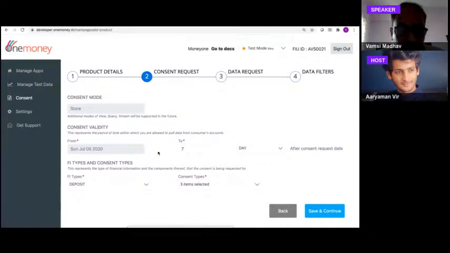Consent validity, and there are nice little sentences here, which hopefully will make it easy for anybody to understand. It represents the period of time within which you're allowed to pull data from consumers' accounts, right? So it starts from right now, because I'm kind of setting this whole thing now. And by default for this product, I want a 7-day validity period, right? So anytime after the consent request date, which means you set this up today and a week later, you actually initiate this for one particular customer, the consent request at that point in time will pick up this parameter and